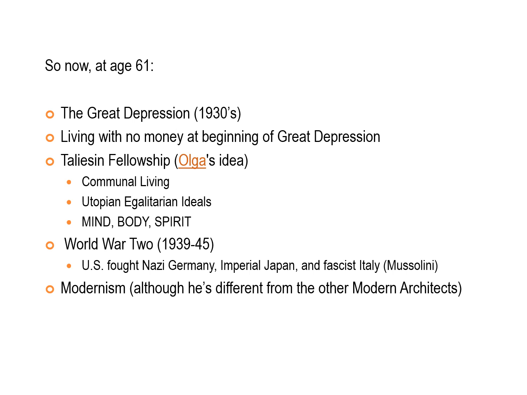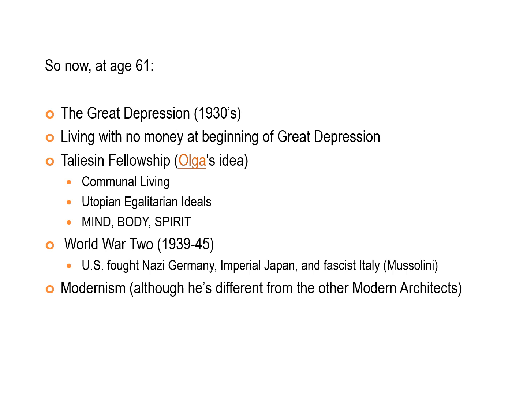Nazi Germany, Imperial Japan, now enemies of the United States, where he had lived a while beforehand in both of those places, or he visited Germany and lived in Italy, also war with Italy. Modernism, although he's different from other modern architects, he has no money at this time. They start the fellowship then, and that's Olga's idea, to start a school. Some notable things in architecture we'll look at is Falling Water, Broadacre City, Usonian houses, Johnson Wax buildings, and Taliesin